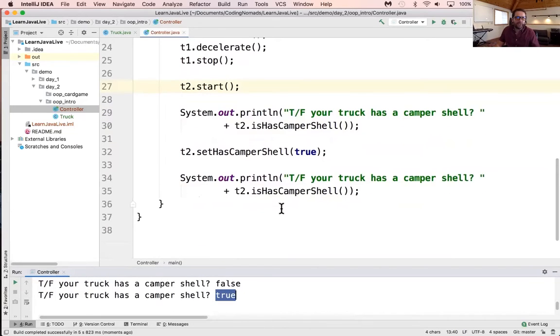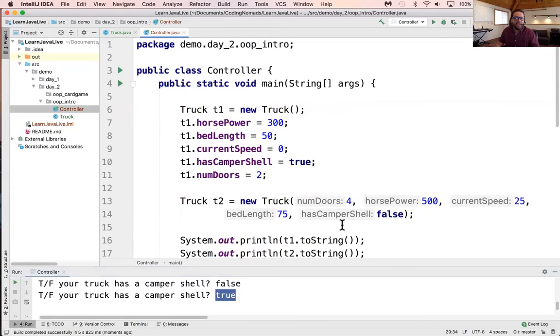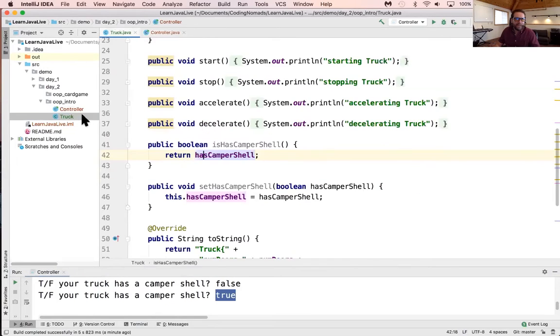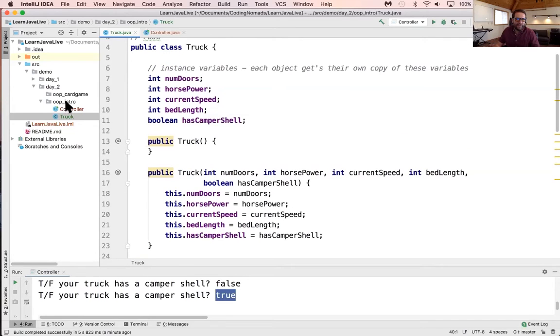So just try to illustrate here that we have this idea of this truck object. We've got two of them, and we can modify them as we see fit, and they'll stay unique and they'll stay distinct. And now I can just intuitively and logically start managing these truck objects, right? So let's take this a step further, right? Let's say that we've got this truck class, and let's say that later in the day, or 2 days later,